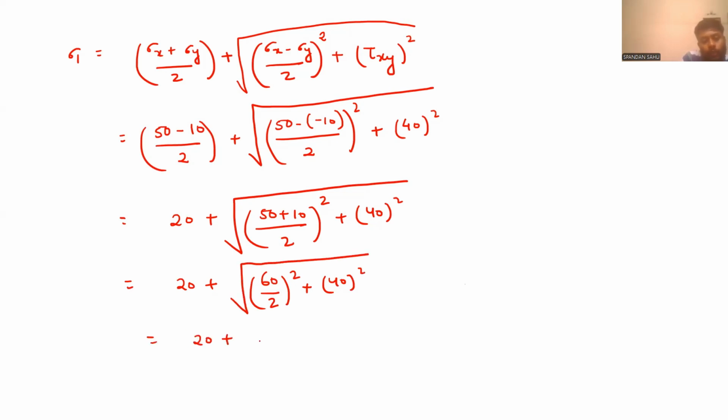So this becomes 20 plus 30 square plus 40 square under root. How much is it becoming? 30 square plus 40 square under root will be 50 square under root. So that will be 50, and this will be 70 MPa. So your sigma 1 value came out to be 70 MPa